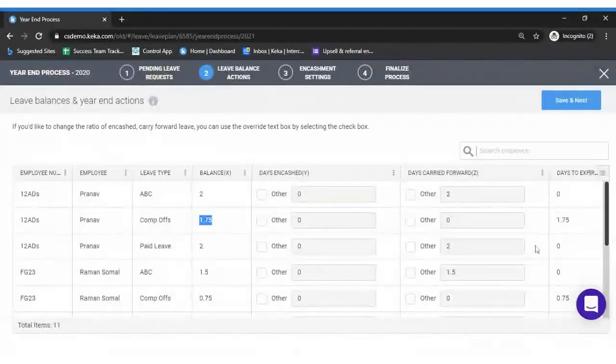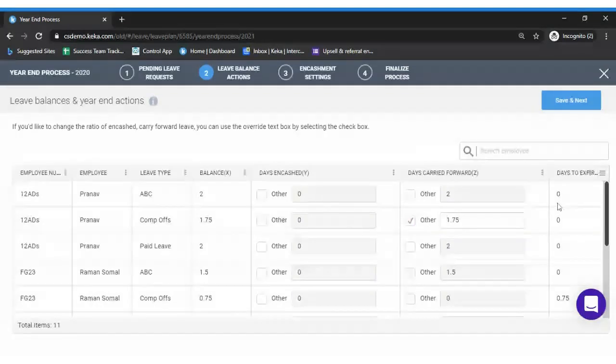And 1.75 is getting expired, but you don't want to do the expiry. In case you want to do the carry forward, you can select this option, which is override 1.75. So you can also override the settings, which would ease your process.